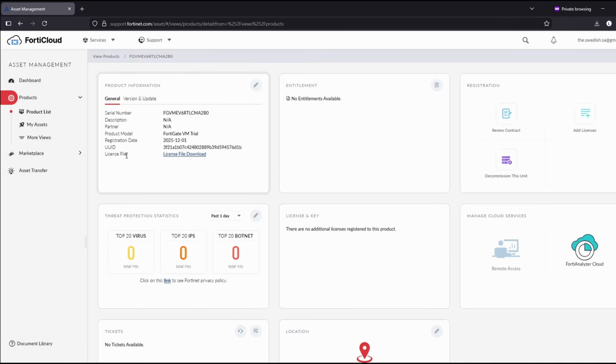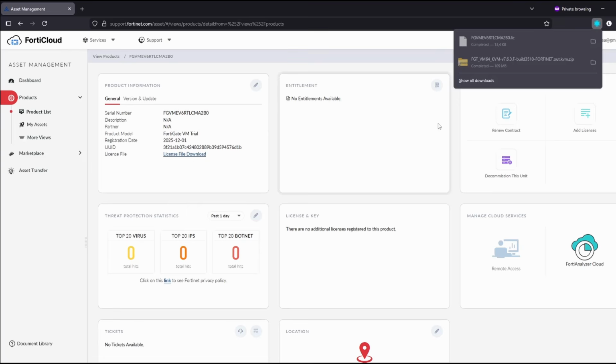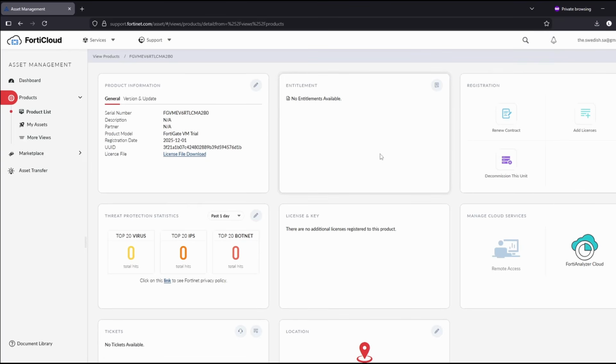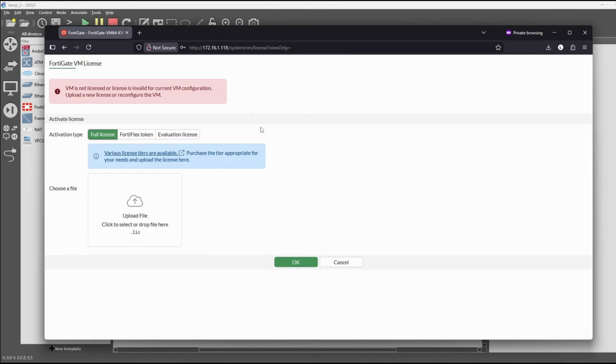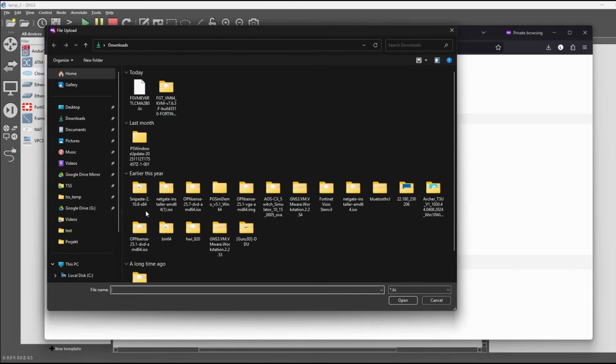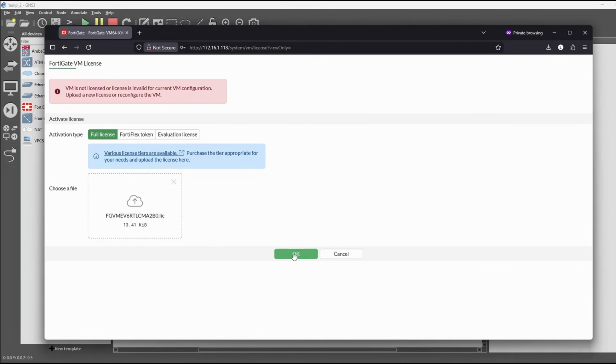And here we can see the license file. We can download this file, so I will download it. It's just a small file, 13 kilobytes. Let's reload the image in GNS3. And here when it asks us for the license, you will have activation type full license, upload the file, hit